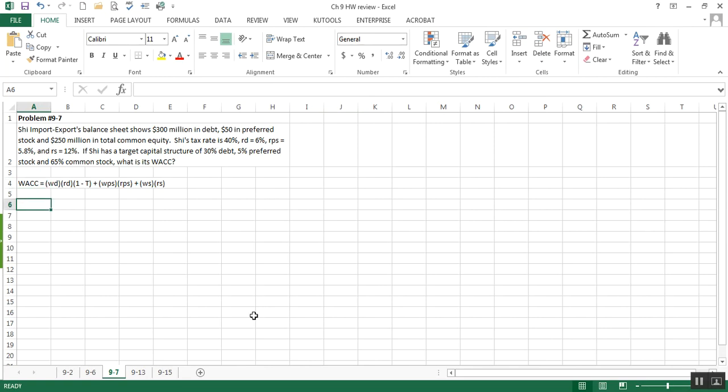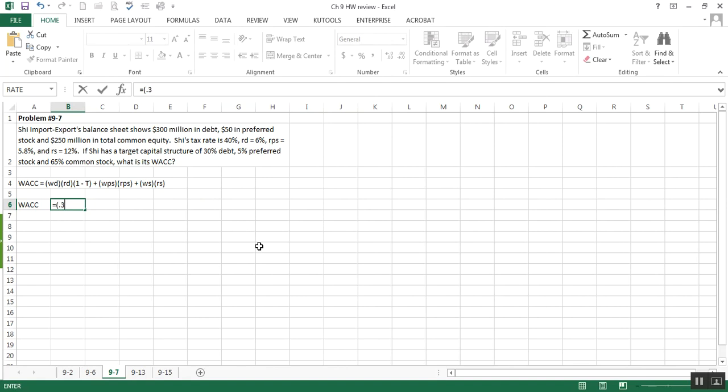As a reminder, the WACC formula is the weighting times the required rate of return for each component of capital. For debt, the rate needs to be multiplied by 1 minus the tax rate. It's giving us some different information here. They're giving us the current balance sheet makeup, and also the target capital structure. We would use the target capital structure weightings in our WACC calculation. Therefore, WACC is going to equal